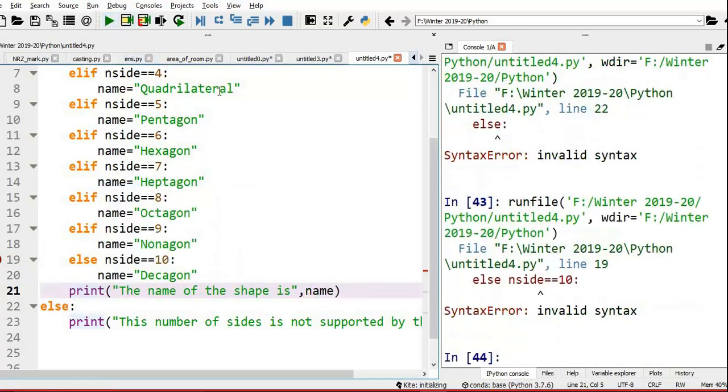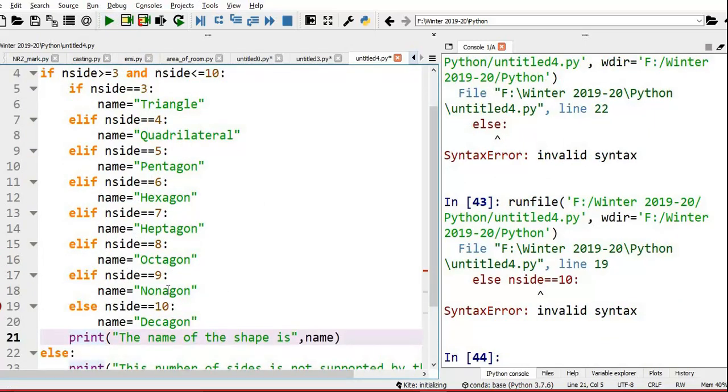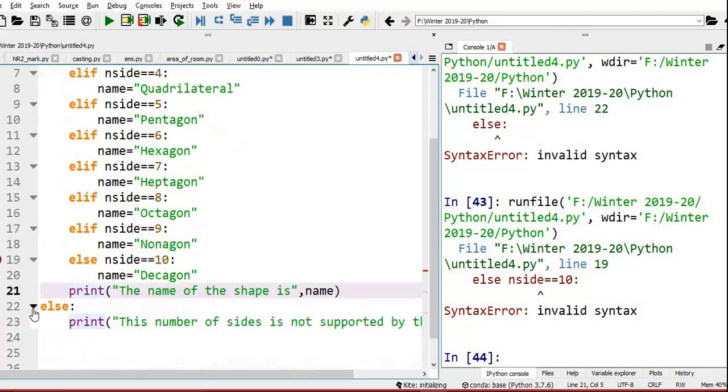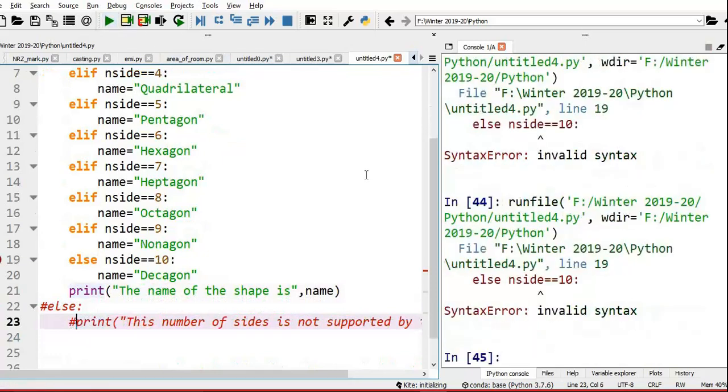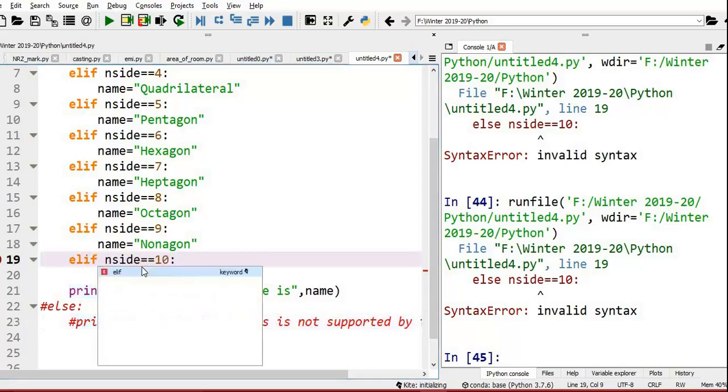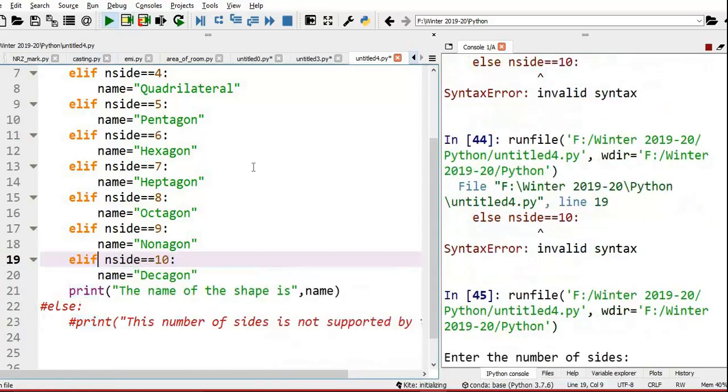Let me try this one. Okay. Now it's working. Okay, let me remove this.